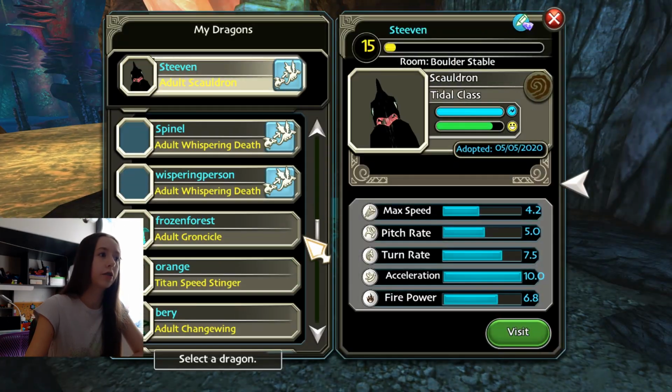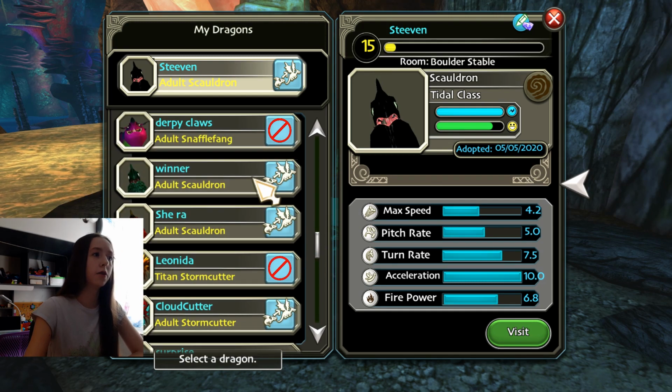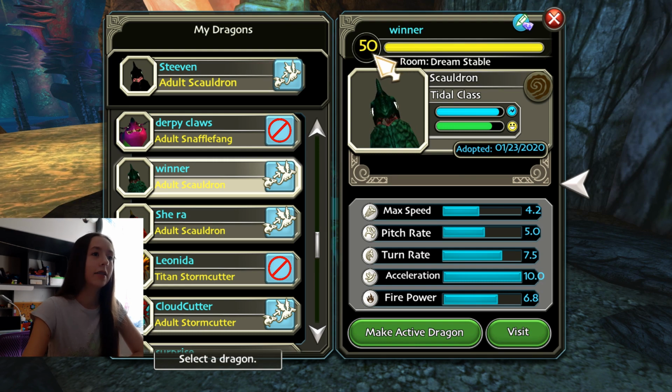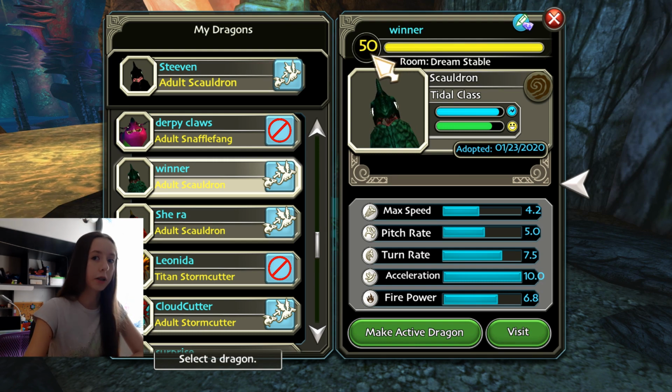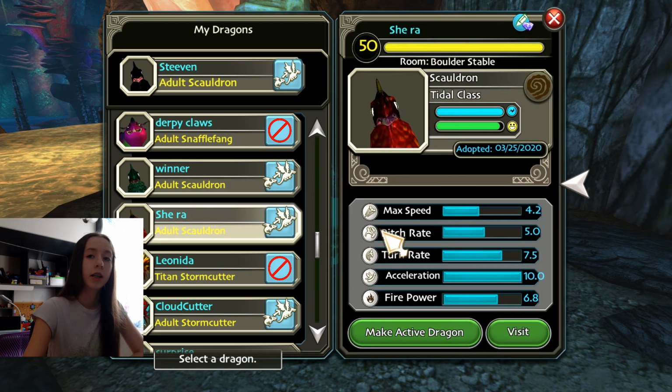And just to prove that this method really does work, if that is any kind of proof, I have two more Skuldrons. My first one was Winner, and as you can see, he's at level 50 because I won so many times with him. And also Shira, which I call from She-Ra and the Princesses of Power,